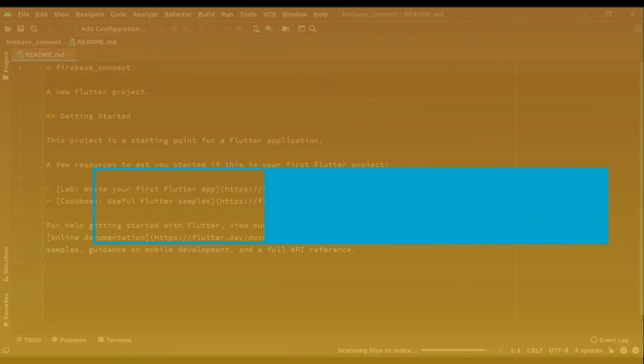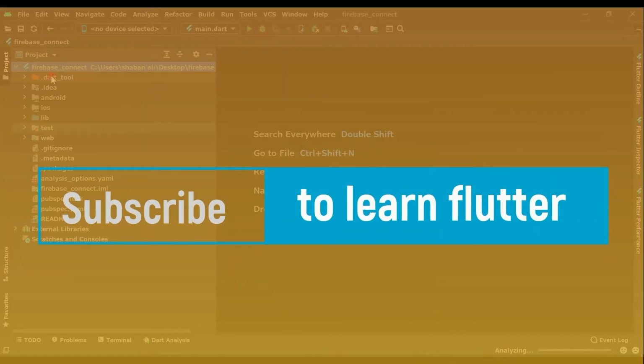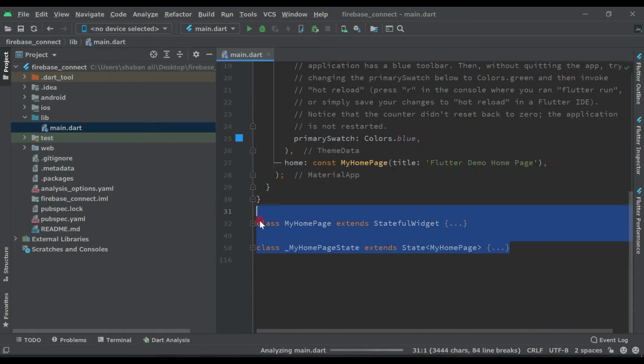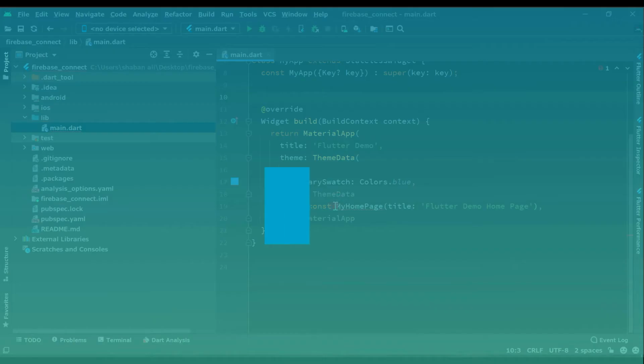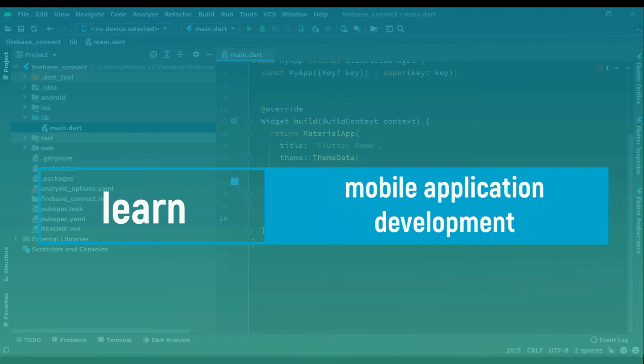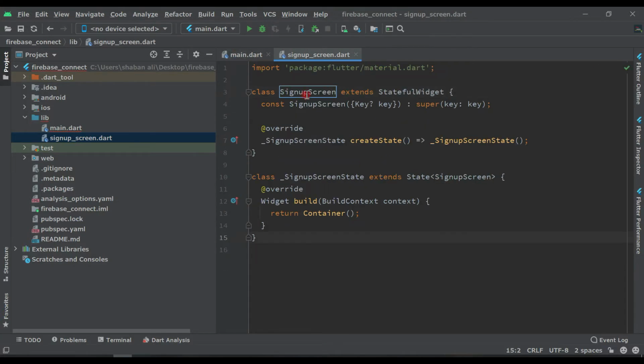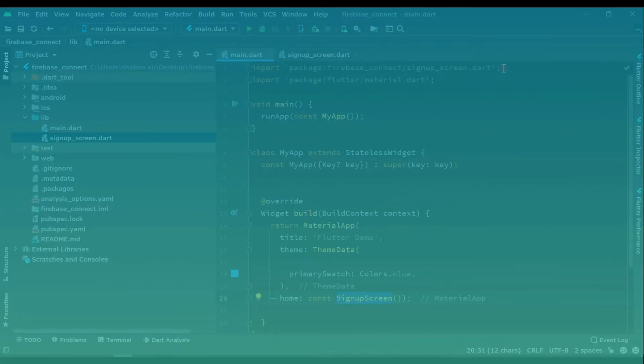In this video, we are going to learn how we can connect our Firebase to our Flutter project, and you will learn how we can add dependencies for this project. And we will create some variables so that we will get the user data like phone number, email, and password. And we will design our form so that user can fill his or her information.